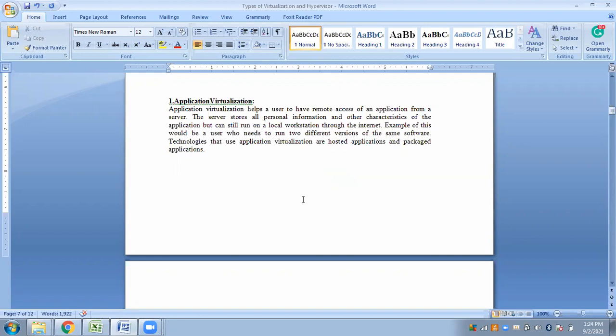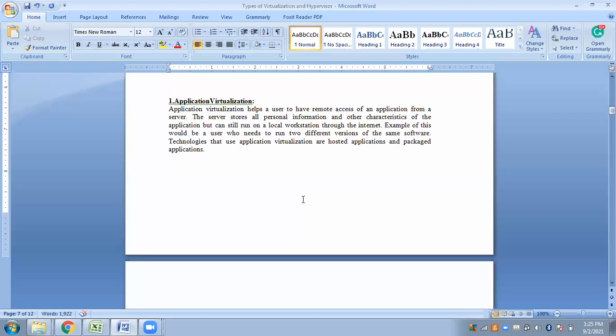Okay, so how does it actually work? The most common way to virtualize applications is the server-based approach, where the IT administrator will implement a remote application on the server. Servers are always inside the organization's data center, right? Every organization has their own data center, which is responsible for maintaining the physical servers. So in those physical servers, the IT admin will implement a remote application on that server of the data center, or maybe via a hosting service.